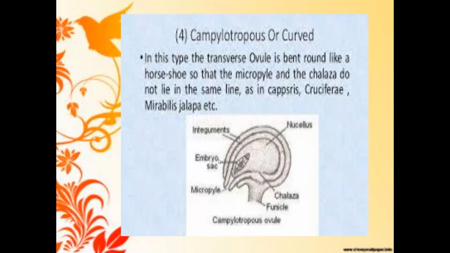And campylotropous. In campylotropous, the ovule during growth curves and is perpendicular to the funicle. The transverse ovule is bent round like a horseshoe, so that the micropyle and the chalaza do not lie in the same line, as in Capparis, Cruciferae or Mirabilis. These are examples of campylotropous or curved ovule. The embryo sac is